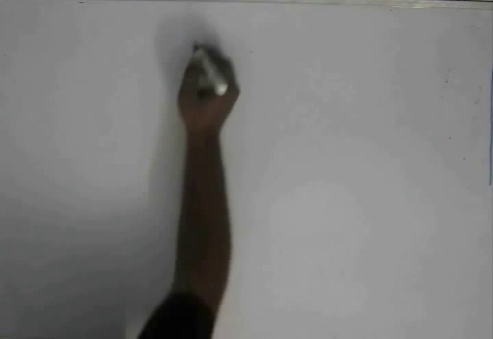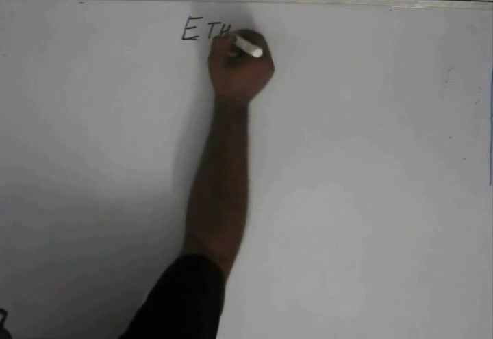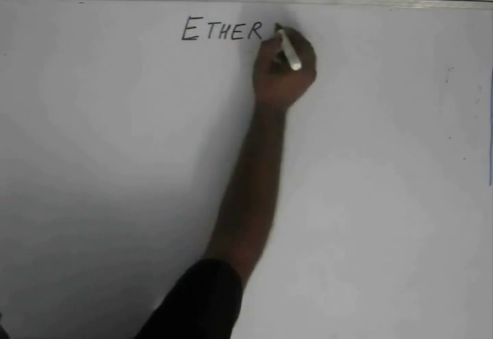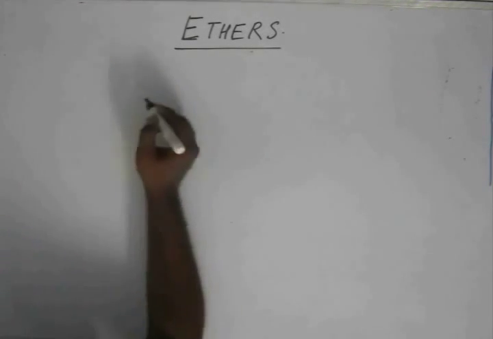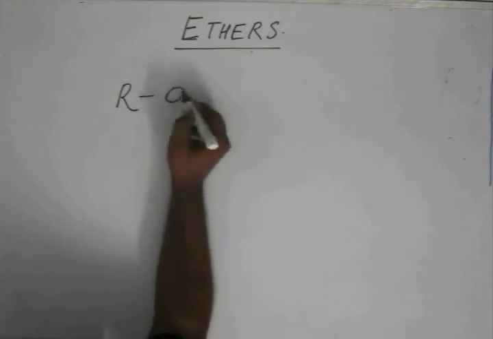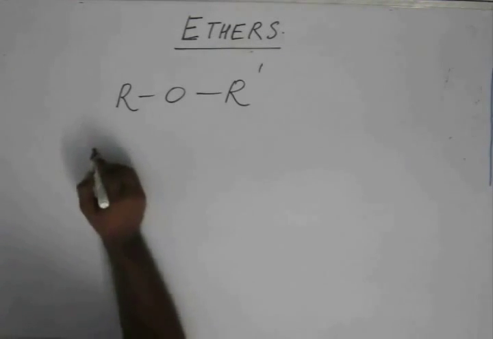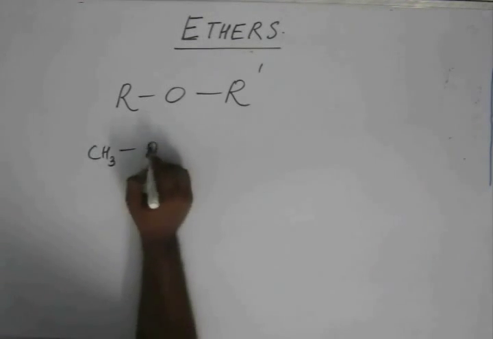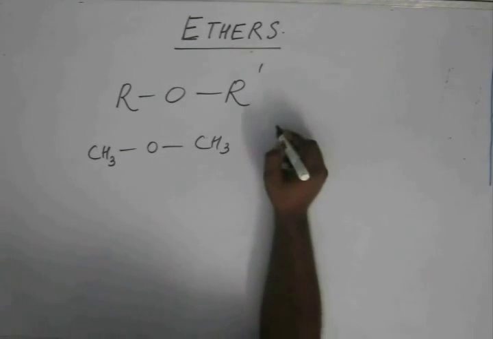So I hope you are done with alcohols. Now we would start with ethers. Alright, so we are starting off with ethers. Let me write down the general formula for ethers. ROR dash, for example, CH3OCH3. This we call as